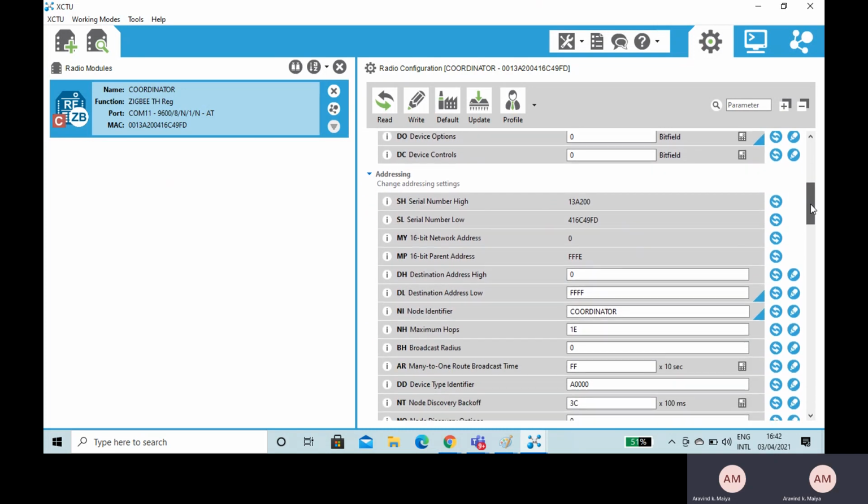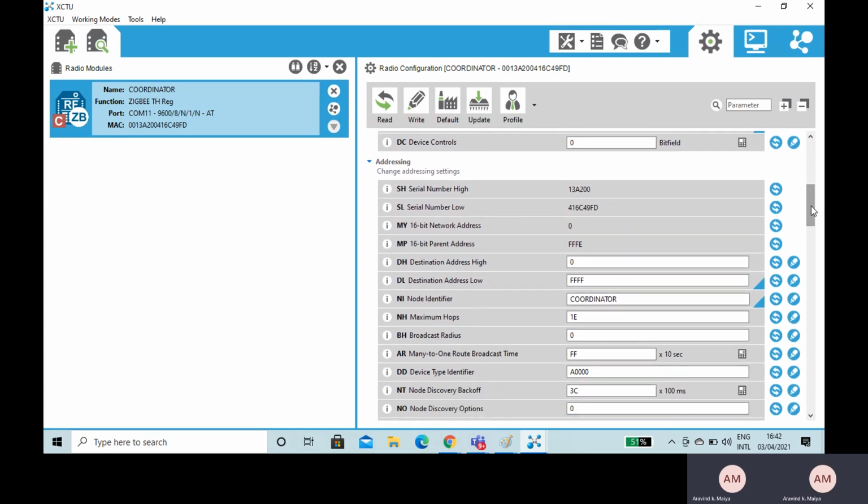And you will have a source address and destination addresses. This coordinator is working in the broadcast mode. Always remember, you will have to have an address of 0 in the DH field.